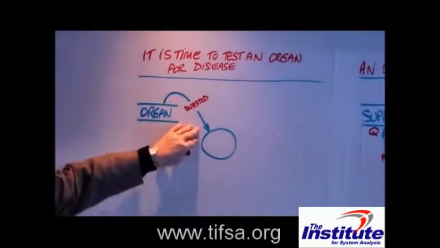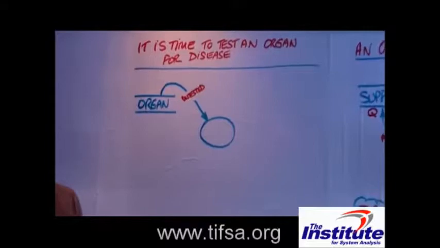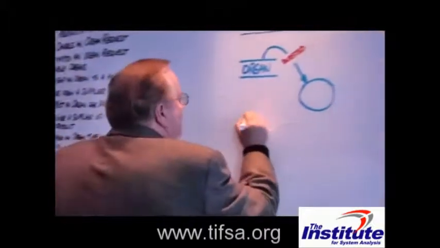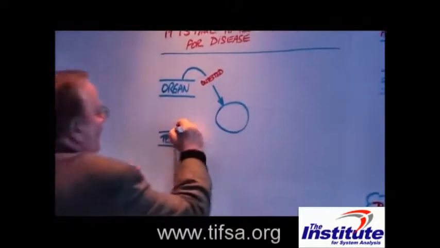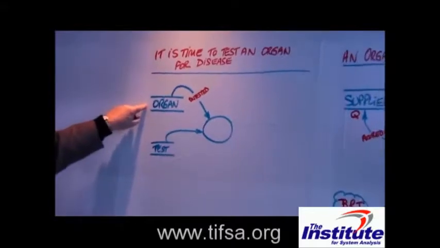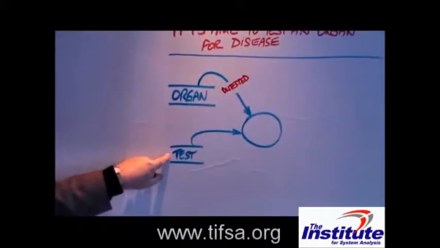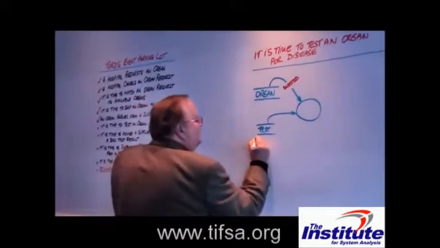So now that I have an organ that's untested, I need to, of course, test the organ. What information do I need to be able to test the organ? Well, I have to know what tests I'm going to run against the organ. And I'm just going to call that test. So here we have a test that we have to bring into the process, a test that's specific to a heart, for example, or specific to a liver, or the type of test, a test for hepatitis C, that kind of thing. So that thing that we call test has to have